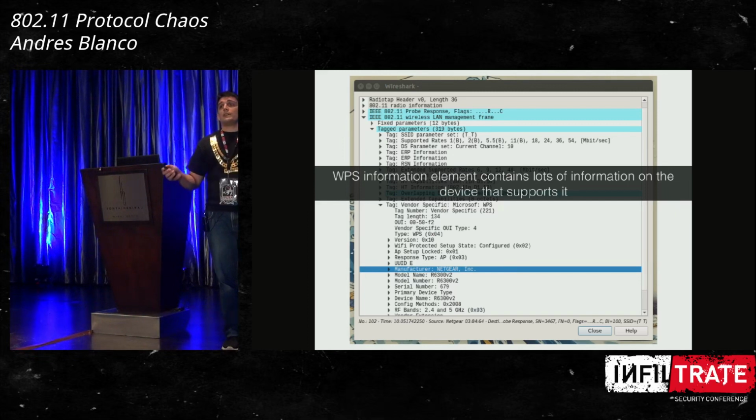And then there's also a tag that is called a push button. For example, I want to connect to my access point, so I push a button on the device, then I push a button on my mobile device, and they are going to connect, okay? It looks pretty cool, but again, race condition everywhere. If I press first on the access point, and someone is listening, they are going to try to win the race before my mobile device and get access to the network.